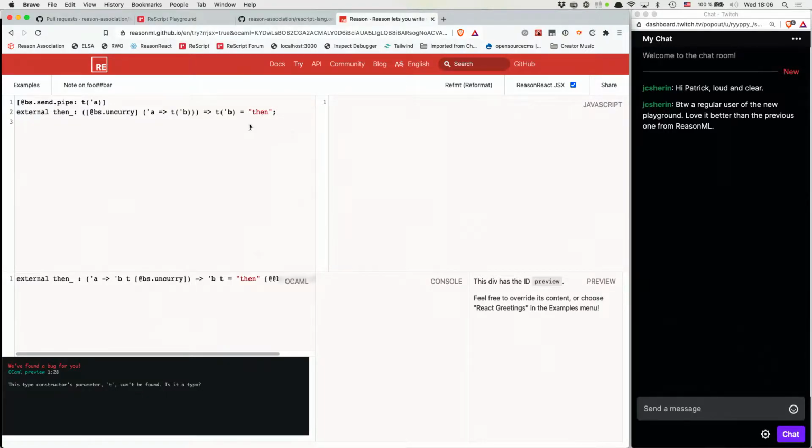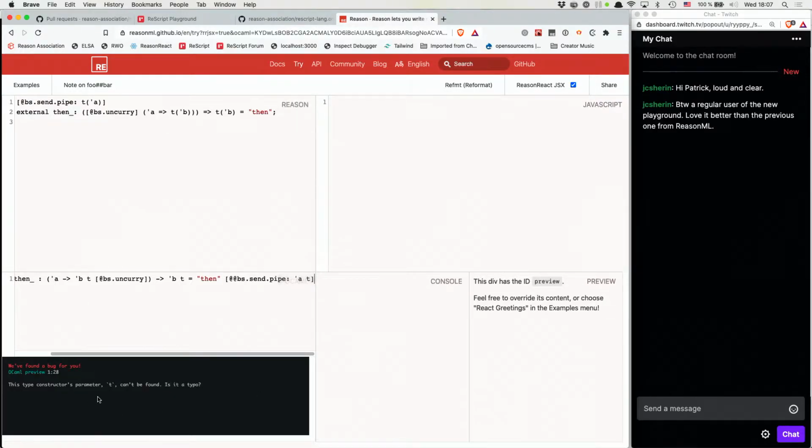So here, this is the old playground back then. It has different fields. Here it's the Reason code. If I hover over the other fields, you can see what the others are. So this one is the Reason field, this one the OCaml, and this the JavaScript one. And maybe a lot of people don't know this, but you can actually put in content on each side and it will transpile it back and forth. So the problem was